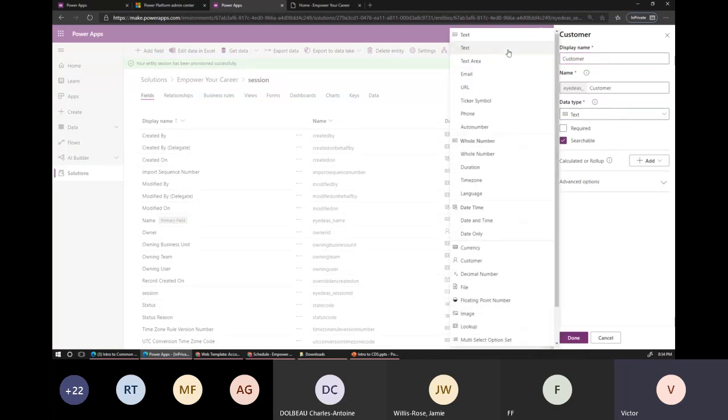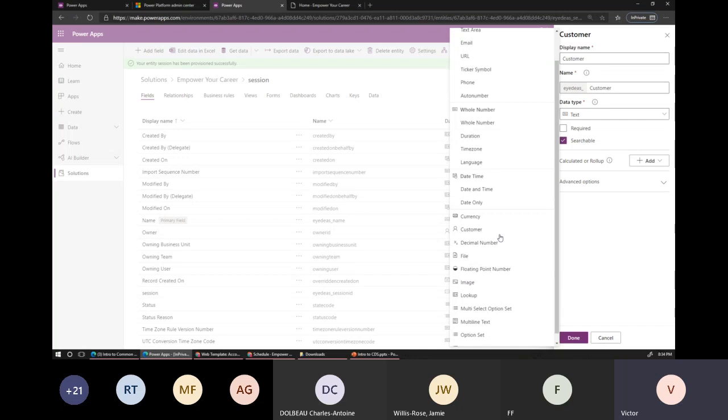And these are the field types available in Dynamics. You have text, text area, email, URL, so on and so forth, whole number, date and time, currency, customer, and then lookup. Now, there are two core types in the CDS that I skipped during my presentation, and